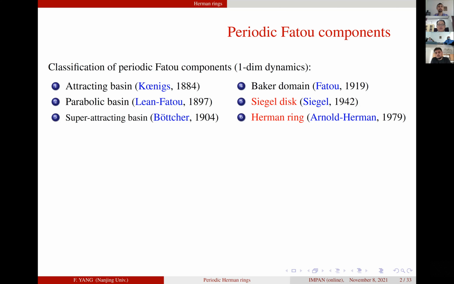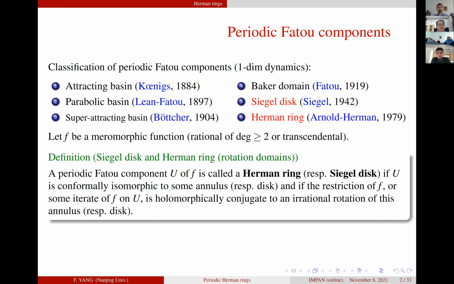So in today's talk, we'll focus on the latter 2 types of periodic Fatou components, Siegel disks and Herman rings. Suppose f is a meromorphic function, either a rational map of degree at least 2 or transcendental. A Herman ring is a periodic Fatou component,